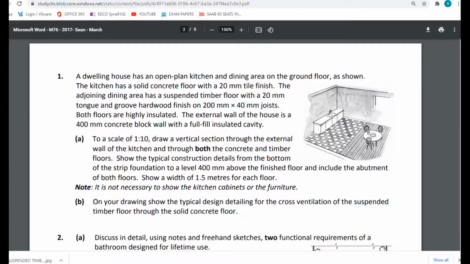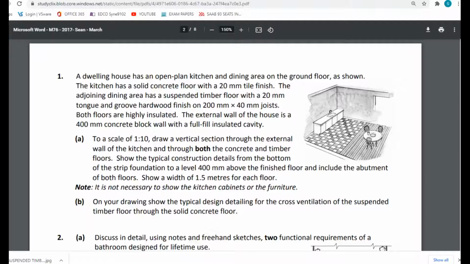We're drawing a section through a suspended timber floor that meets a solid concrete ground floor. An example of this would be in the woodwork room, where the main floor area is timber, and then you go into the machines area that has a lino finish on top of a solid concrete floor. The example given here is a kitchen with a solid concrete floor with a 20mm tile finish,